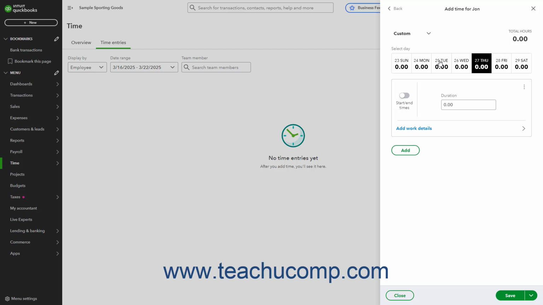For the selected week, which then appears below, click the day for which to enter the employee's time. To only enter a time duration for the selected day, enter the person's duration into the duration field. Alternatively, to enter start and end times, click the Start/End Times toggle switch to the left to toggle it to the on position. Then enter or select a start time and an end time by using the Start Time